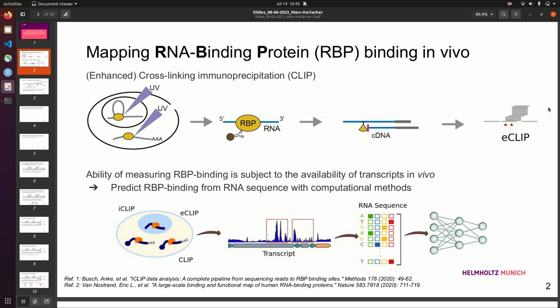RNA-binding proteins are crucial actors of post-transcriptional regulation, and while there are many methods to measure protein-RNA interaction in vivo, one of the most prevalent ones nowadays is eCLIP, which stands for Enhanced Cross-Linking Immunoprecipitation. Of course, the availability of measuring protein-RNA interaction is subject to the availability of transcripts in vivo. So in order to measure or prevent repeated experiments to measure